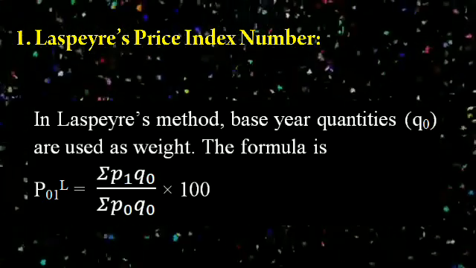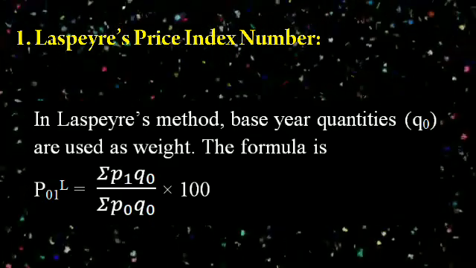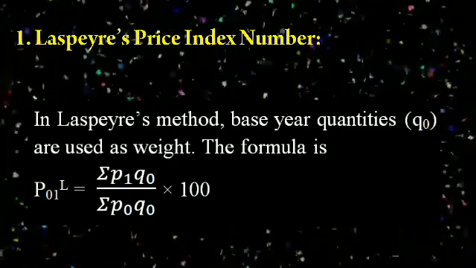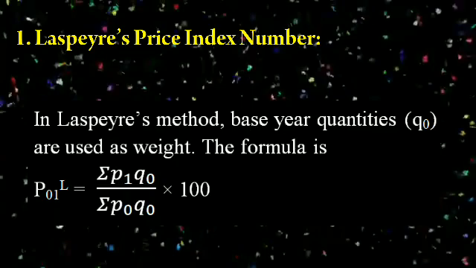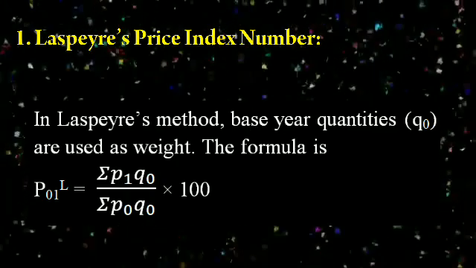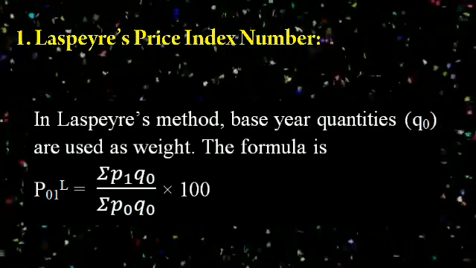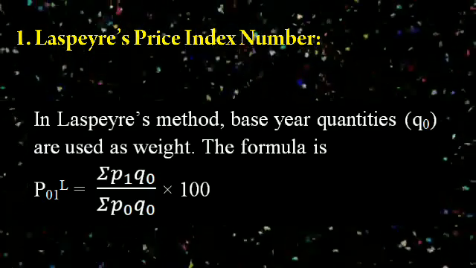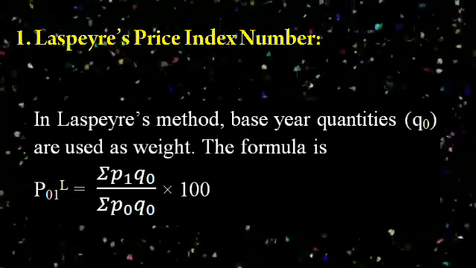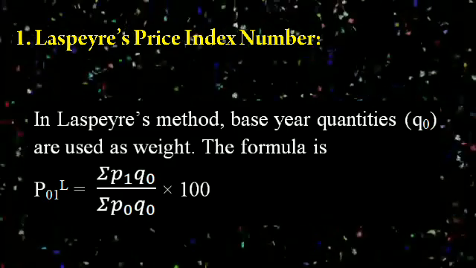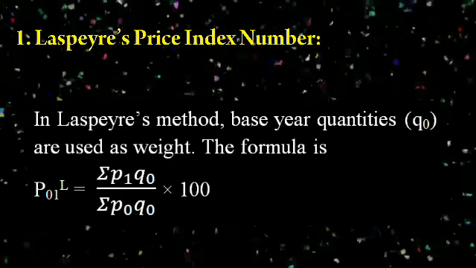Understood? So in order to write the formula, write sigma on both numerator and denominator. Since you are computing a price index, first price values will be considered. So always the current year price will be considered in the numerator and the base year price in the denominator. So after writing sigma, P1, current year price, divided by P0, which is base year price, and base year quantities are fixed for the construction of Laspeyres' index. So Q0 is fixed for both numerator and denominator, and the formula is multiplied by 100.